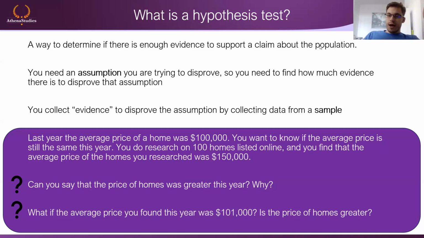So what you need to find as a researcher is you need to observe, you need to collect some data points, and then try to use this evidence and these data points in order to disprove this assumption that you've made, right? So all of the data sets that we collected in the previous lecture, we use them to disprove this assumption that we make. So you can see here we collect evidence, in quotation marks, to disprove the assumption by collecting data from a sample. So we basically are asking a question.